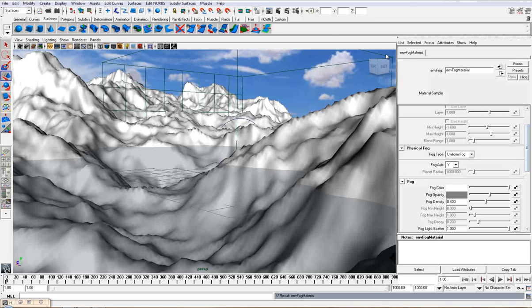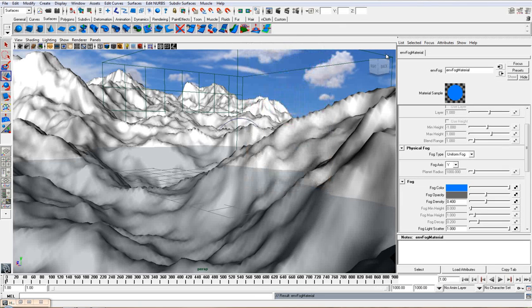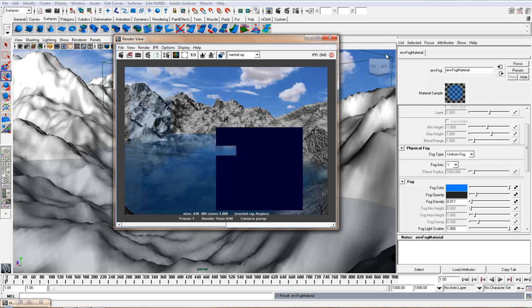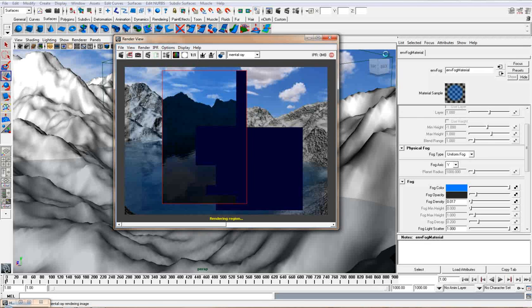So simple. Okay, then I'm going to enable physical fog, uniform fog. That's fine. I'll set the fog color, this color, this is mid gray, and fog density, you don't want too much, because you render this one. Now you can see the depth, but there is no light in this scene, so the whole scene looks very